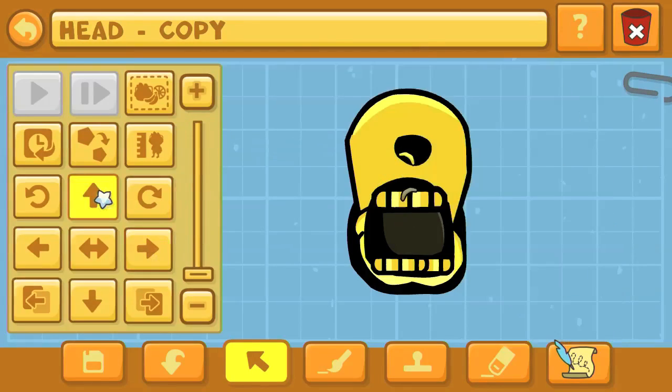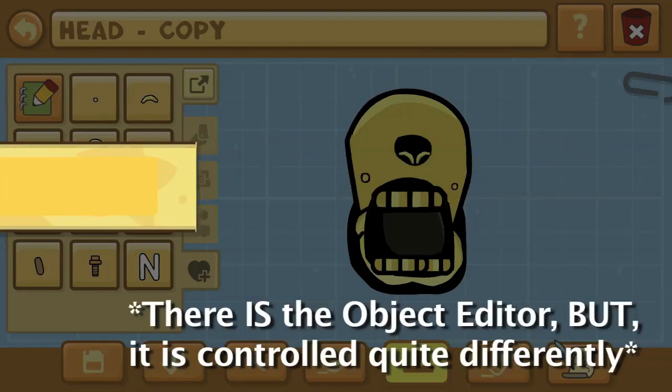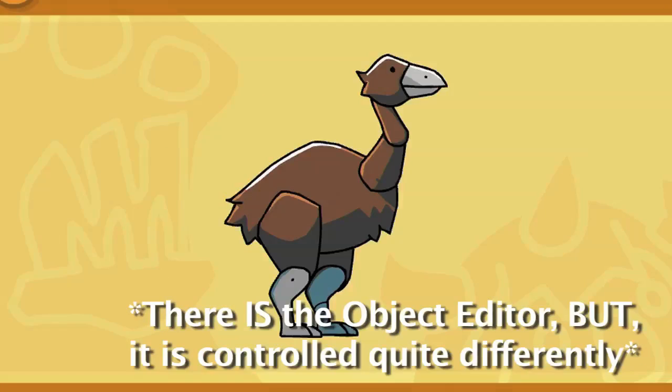Scribblenauts Mega Pack is coming out pretty soon, and if you don't know what that is, it's basically, of course, where they're going to combine in one package Scribblenauts Unlimited and Scribblenauts Unmasked. I do not know if the object editor is going to be a feature in those, just because for these games, for example, this is Scribblenauts Unlimited from